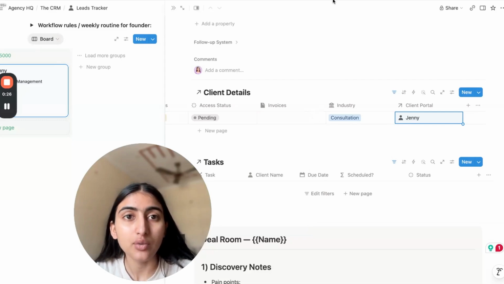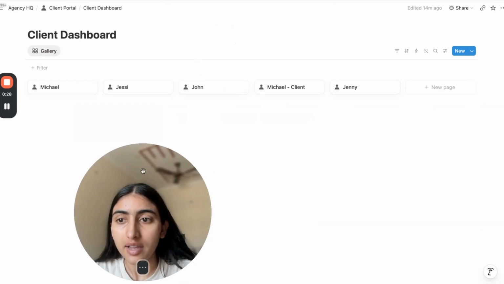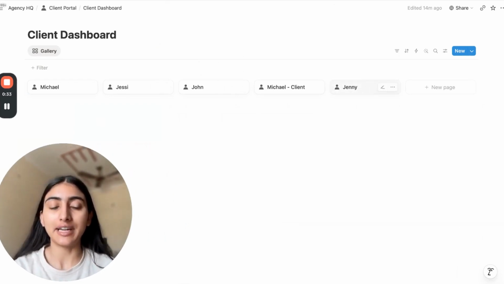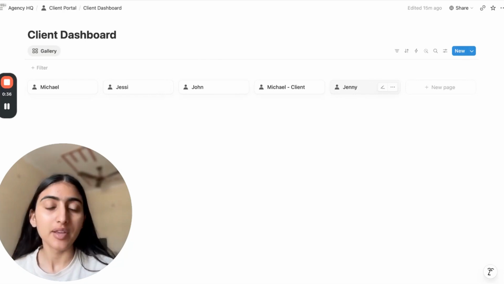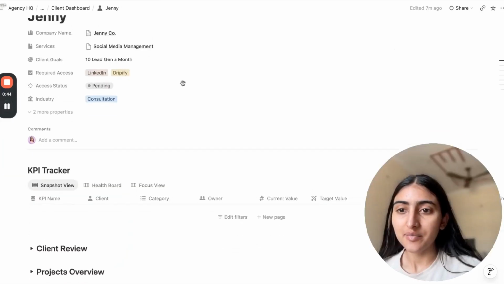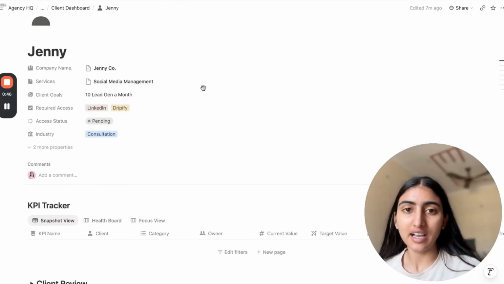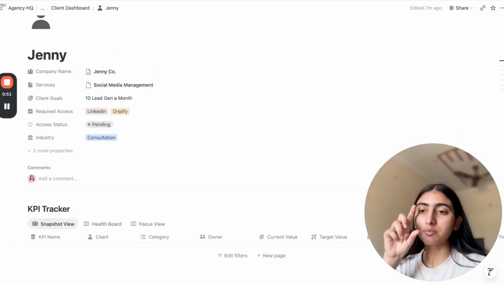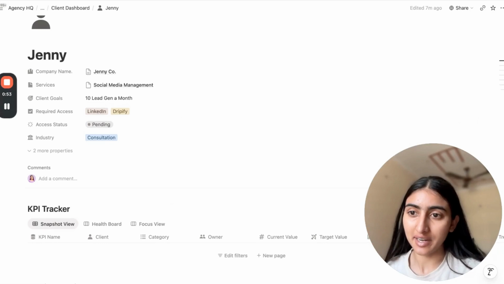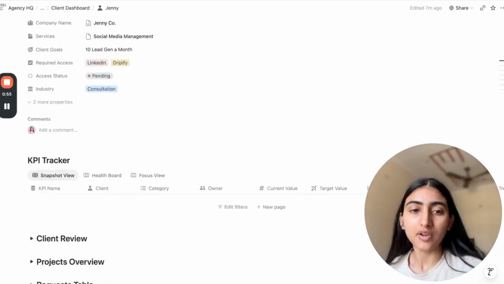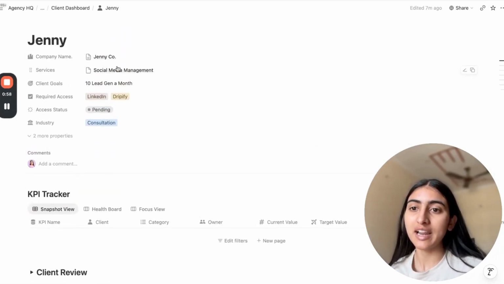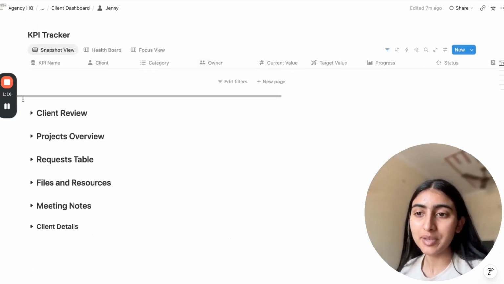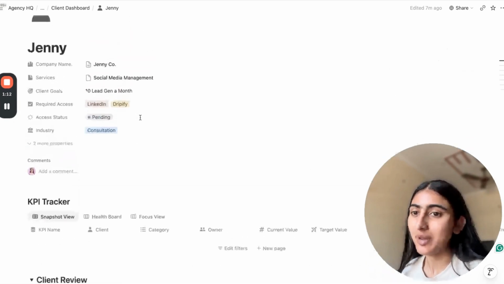Now I'm going back to the client portal part, and here you can see that the new entry of the Jenny page is already here that we made back in the CRM. Okay, now I'm going to open it and see all of the details of Jenny are already visible here, because when I added the new entry of client portal into the CRM, because of that backend system, all of the information of the client is already moved into the client portal. So that is how the entire information is getting transferred from one place to another by the system.